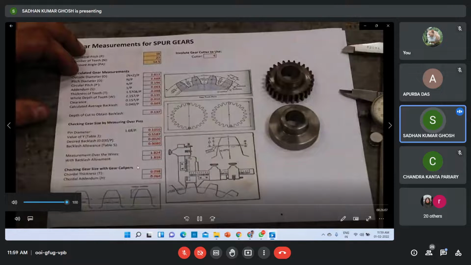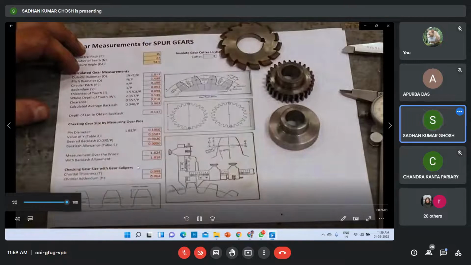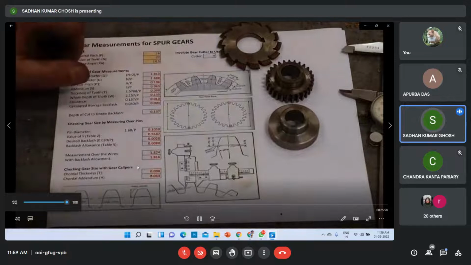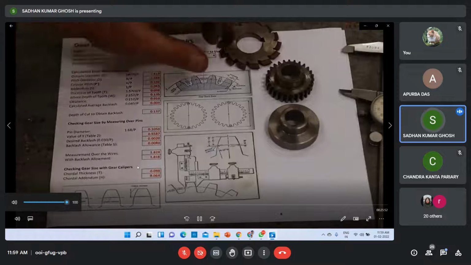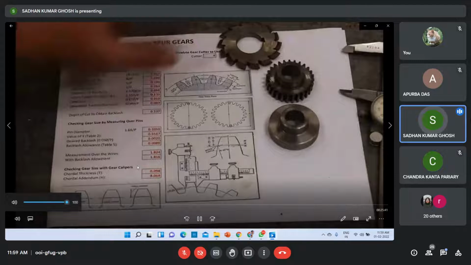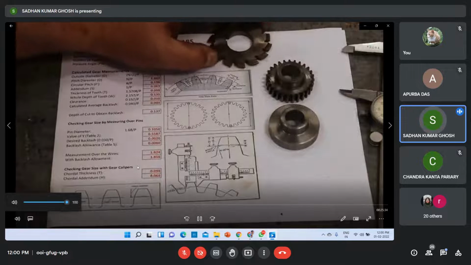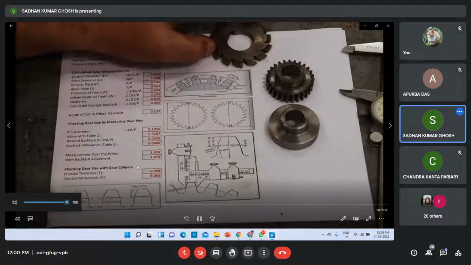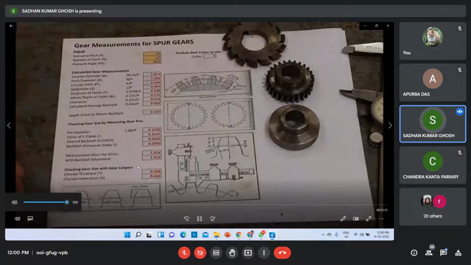This is an involute cutter, so it has the profile for the gear tooth, and they make these by the pitch. For 16 pitch, there are actually 6 cutters. Depending on the number of teeth you're cutting, you'll use a different involute cutter, because the shape of the tooth changes as you increase or decrease the number of teeth. In this case, we need a number 4. This is a number 4, 16 pitch, and it says right here 14.5 PA. So that is the correct involute cutter that we need.